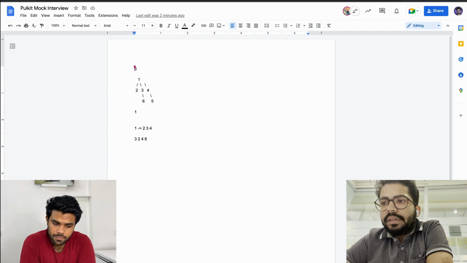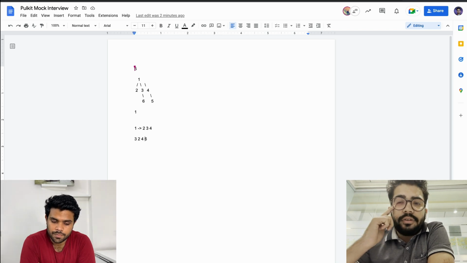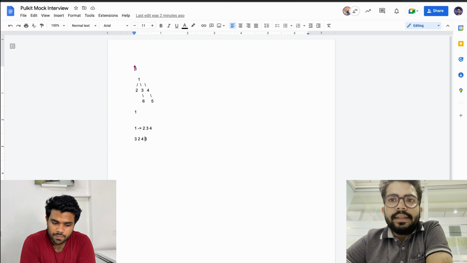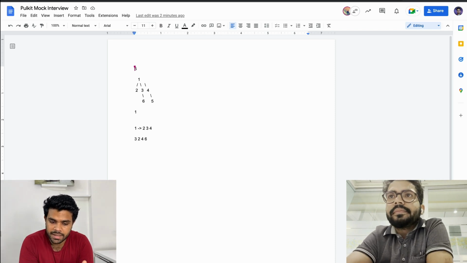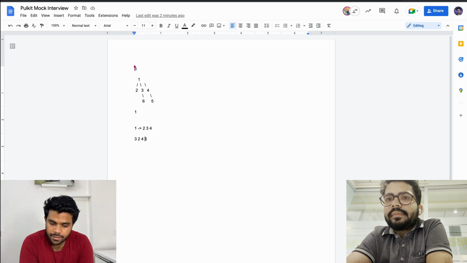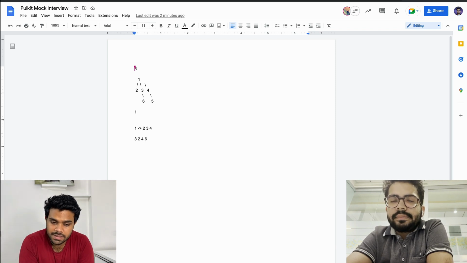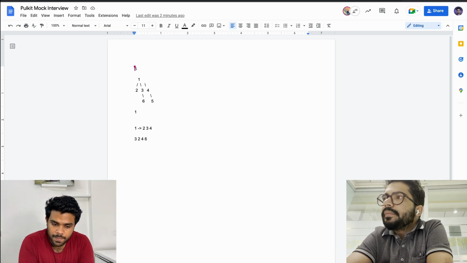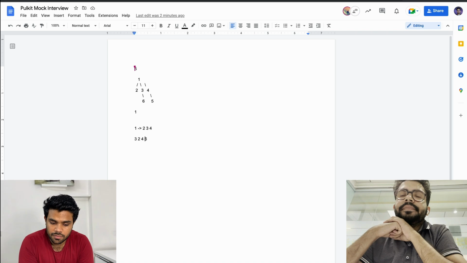I'll have an array of vectors wherein adj of I will store the nodes that are adjacent to I, and the adjacency list of I will store basically all the children of I as well as the parent of I. All right. And you will know by looking at the edge list, which I have provided you, that the children of 1 are 2, 3, and 4, right? Yeah, right. And then you will insert them in the adjacency list. Yes. All right. So can you make utilization of that list somehow? Yeah, sure.